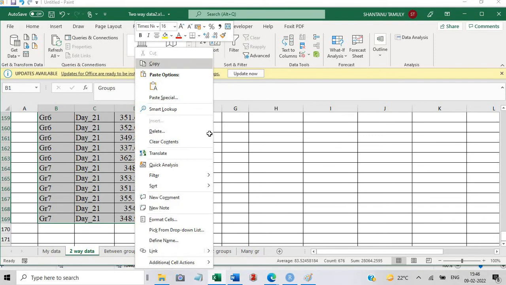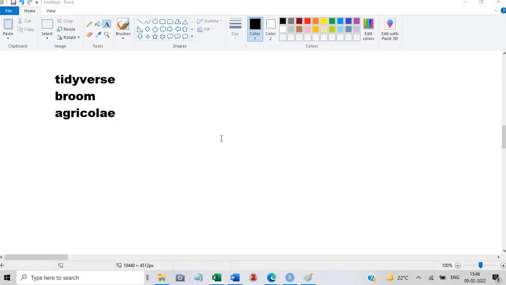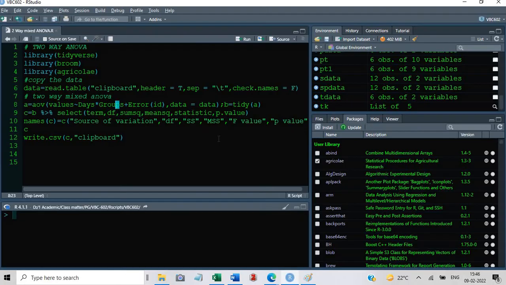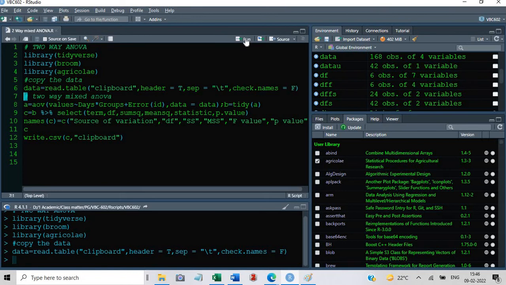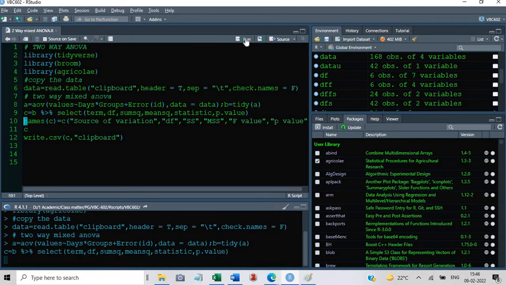Copy. After copying, come back to the R software, click here in the library, begin from here, click run, again click run, and just go on clicking run. Okay, fine.